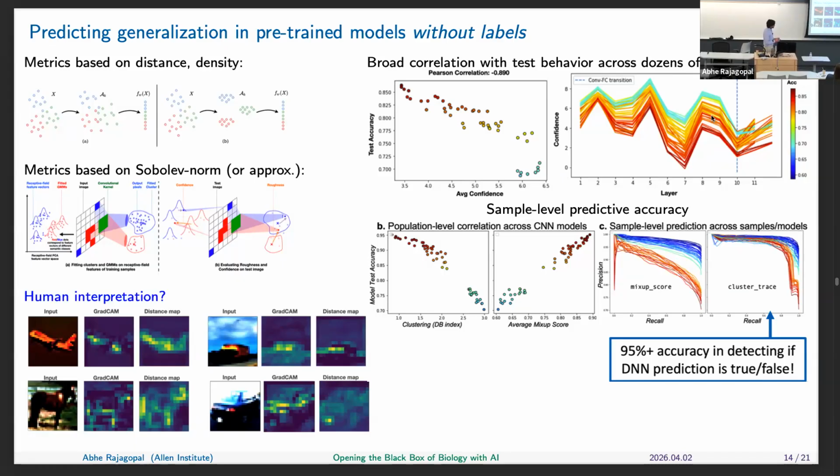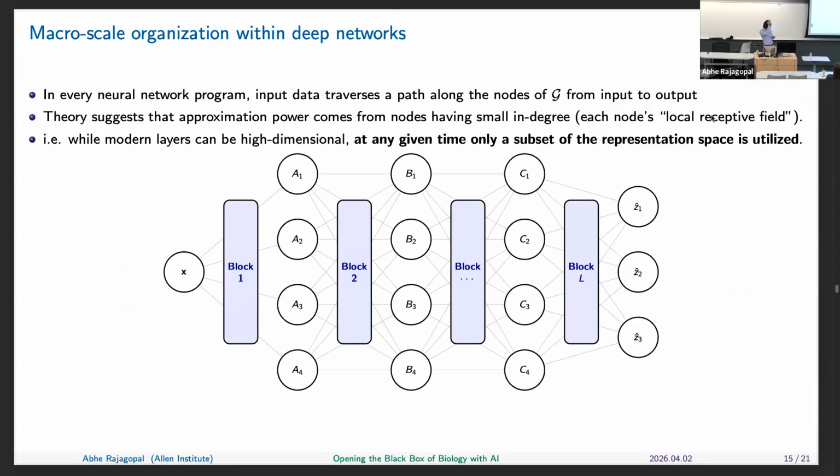This is good, but it's very qualitative. How do I become more quantitative about it? And importantly, can I use that to learn something more about biology? So what I want to talk about in the next part is, I would say, the latest work, which is a work in progress, but I think there are some deep insights here.